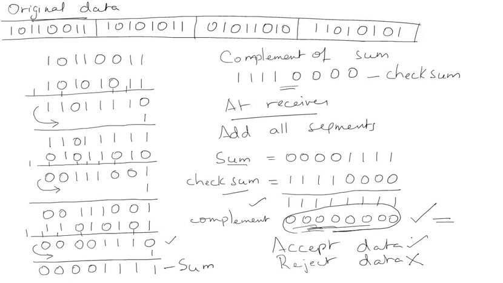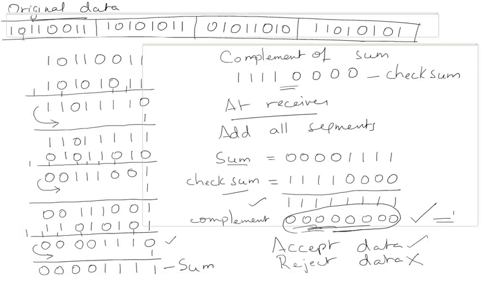So this is the third method of error detection, which is the checksum method. Once again we'll see the procedure of how to do this. First, we need to add all the 4 segments of data. In this case we have taken 4 segments, so simply add them. When we add the first and second segments, we get a carry of 1 here. That carry is to be added again to this sum. So this is the result we get.